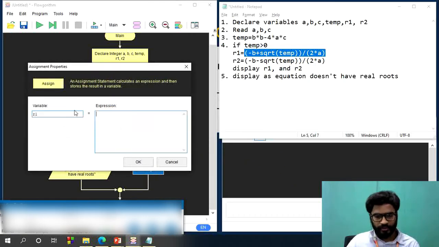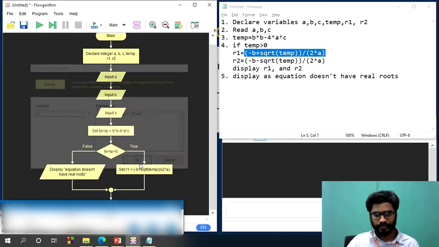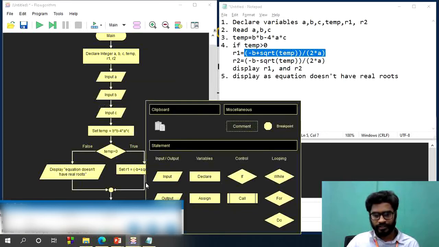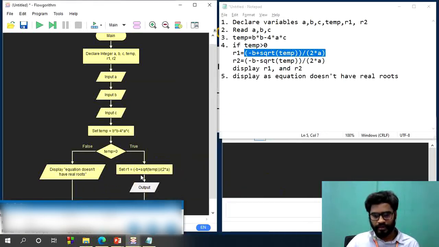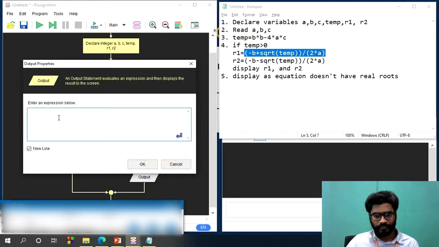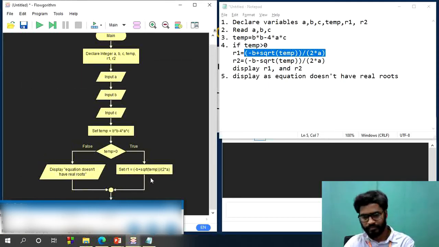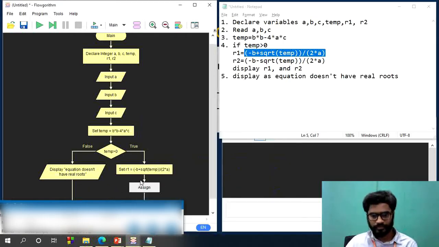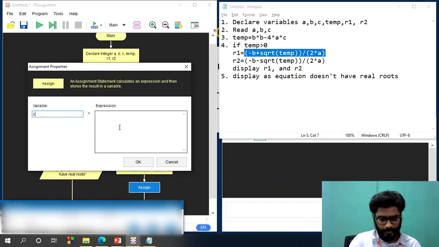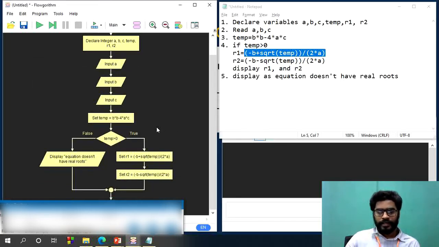So root 1 is equal to this expression, and in the same way calculate root 2 also. The formula is minus b minus square root of b square minus 4ac by 2a. If it is a positive value, calculate both roots and display both of them.